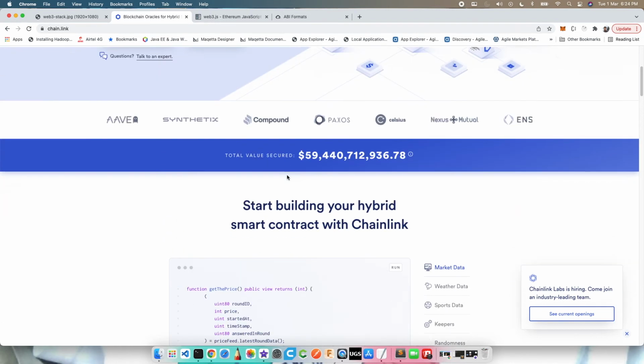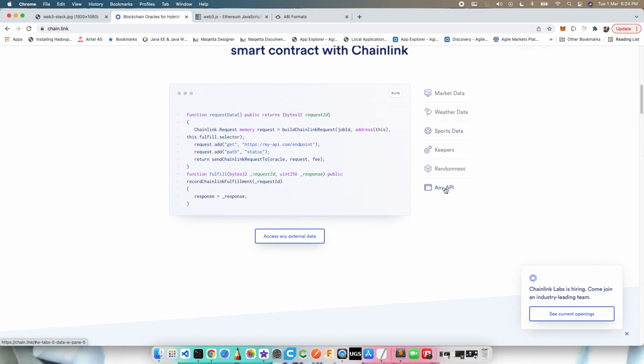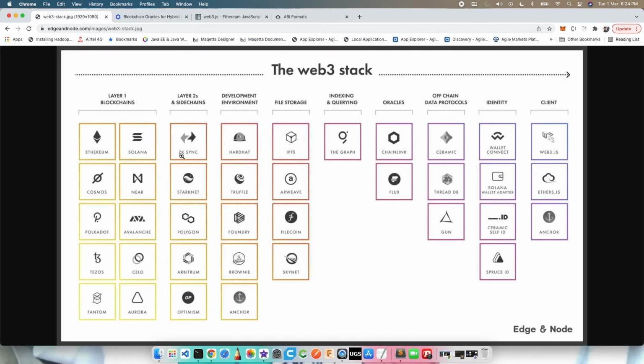But the idea is that if you want external data like market data, weather data, sports data, say you're creating a betting application and you need external data in your smart contracts, or any API that you have randomly created, and you want to use that in your logic, that's where Oracle comes in. They provide you an interface to the blockchain world, while living by the same principles of decentralization.